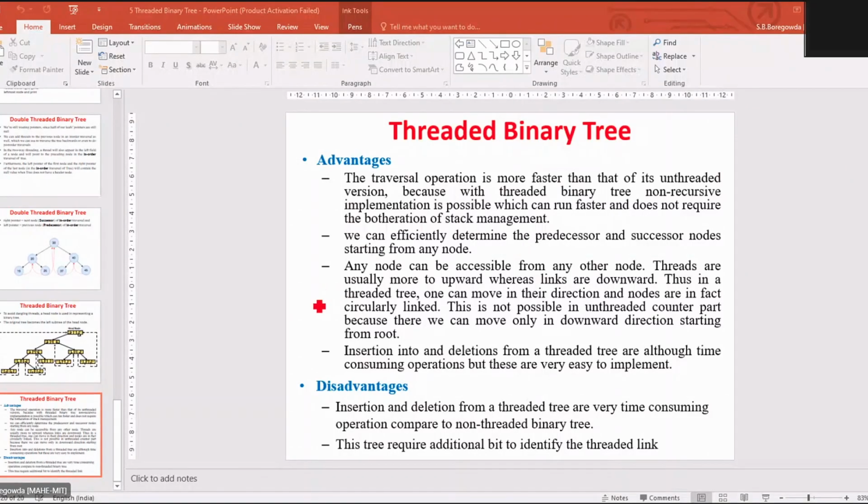We'll see what exactly the ordering property is in order to create a heap. Ordering can be of two types. One is called the min property, the second one is called the max property. Based on these properties, we can categorize heaps into two types. One is called a min heap, the second one is called a max heap. A min heap follows the min heap property, and a max heap follows the max heap property.